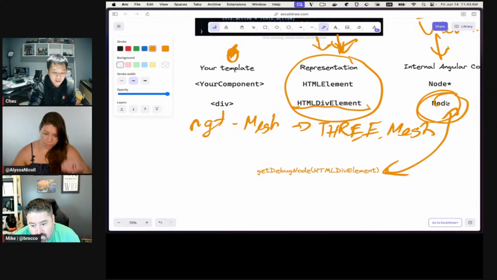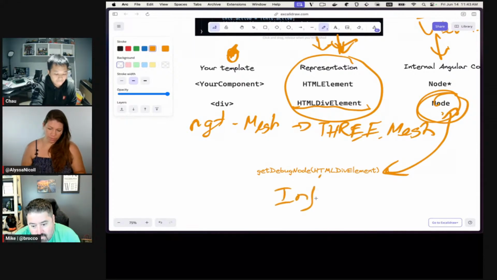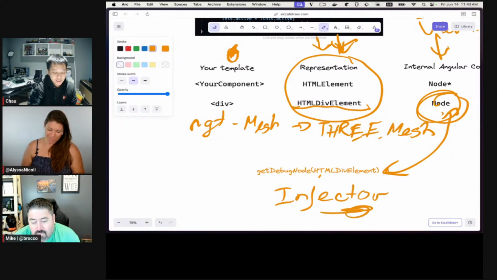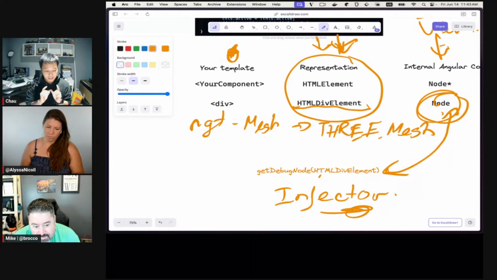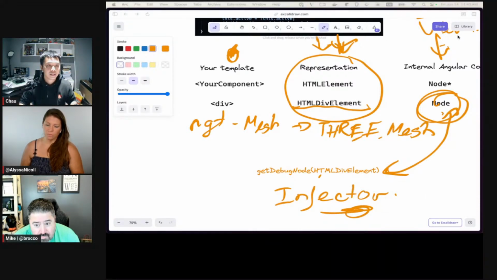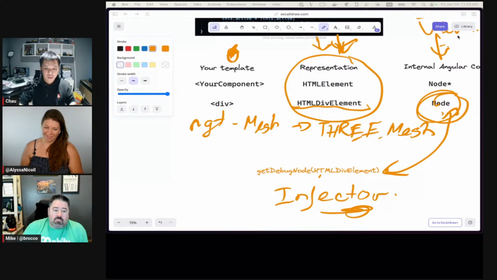And on this node, I have the injector, which allows me to get the ChangeDetectorRef. So keep that in mind right now. You don't have to understand, but keep that in mind. This is kind of the glue code. Let's look at the core renderer.